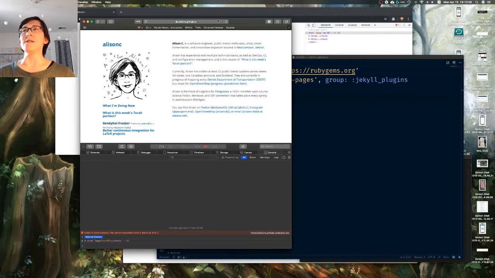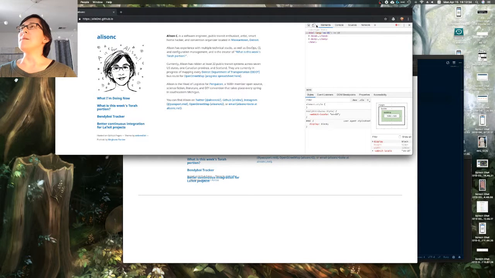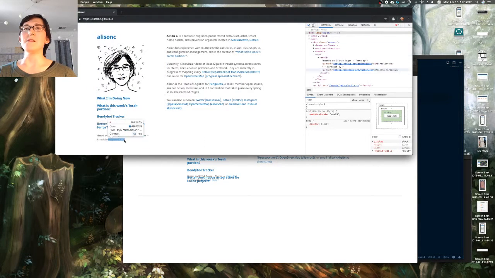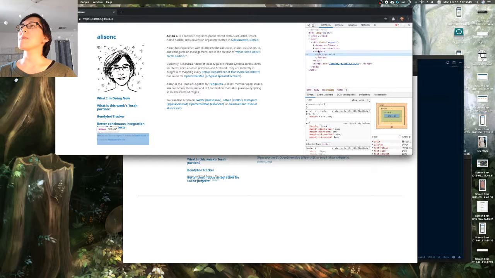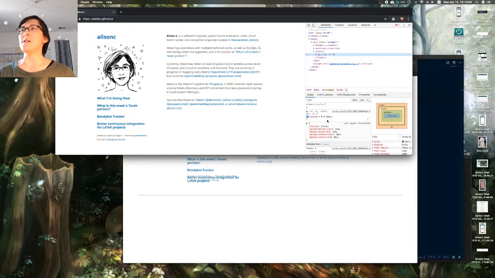So let's go to the element inspector. Not in Safari, in Chrome. Where the heck did Chrome go? There it is. So let's go to the element inspector to find out where, let's see, footer, bottom 50 pixels. All right, footer is 50 pixels from the bottom, and then this paragraph in the footer has